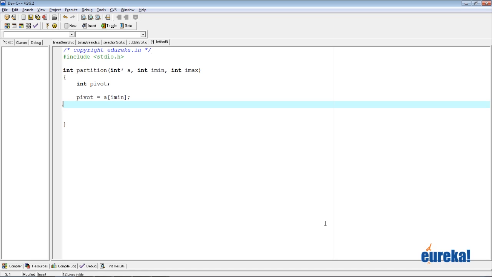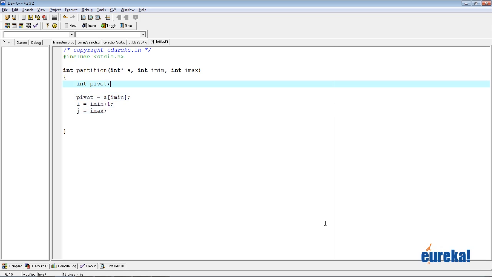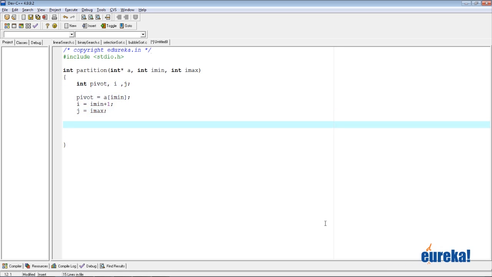We then need our counters i and j. So we're going to say i equal to i min plus 1, starts from the next number, and j is equal to i max. We need to declare i and j. So we've gotten all our counters in place. Now what we need to do is move i until we find a number which is greater than the pivot. So while a of i is less than pivot,